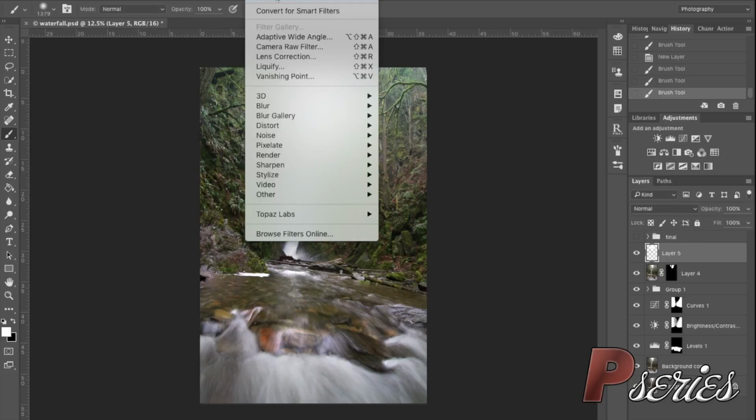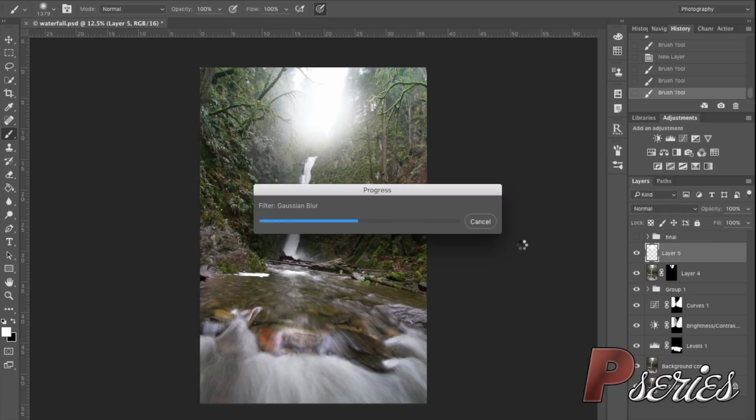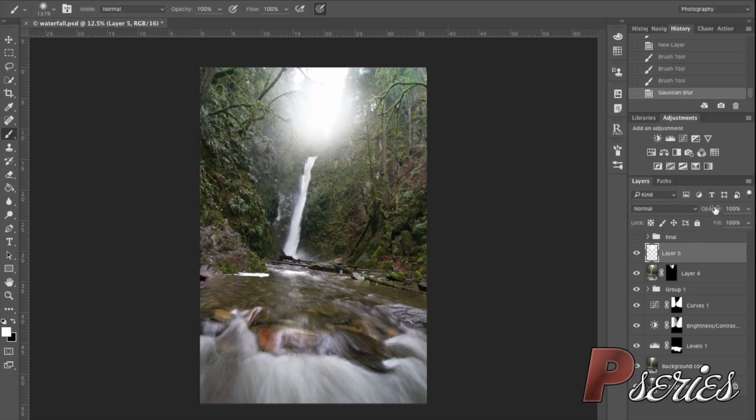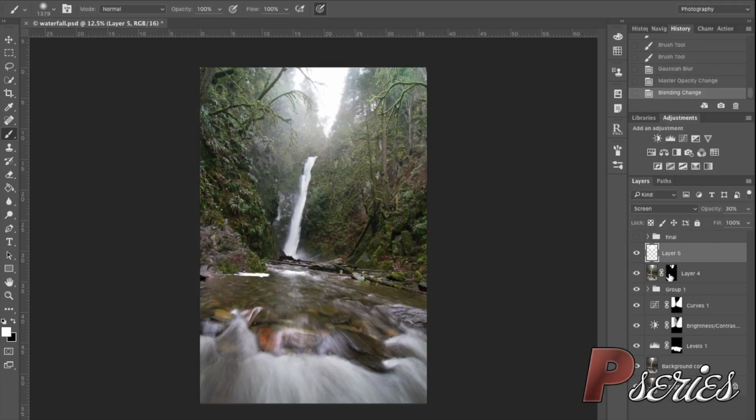If I go Gaussian blur with the one it's already chosen, it will be the same amount. I'll be happy with that amount. I will only blur that little white part there. Bring the opacity down. Maybe just add a little bit like that. And if you want to change this to basically screen, it's a good one normally to work with the light and stuff. So now we added a little bit of